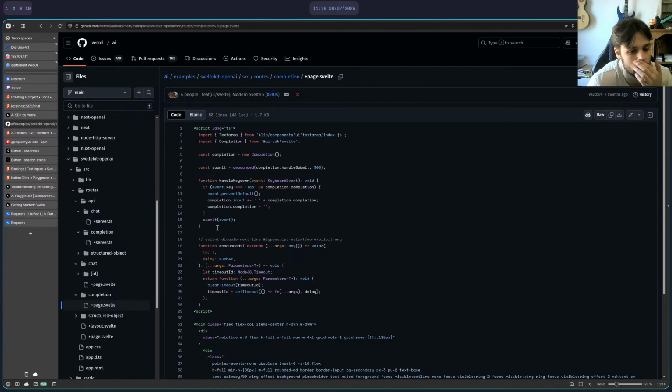But I guess not. That's debounced on submit is this. Now we have to submit a keyboard event. That doesn't make sense.